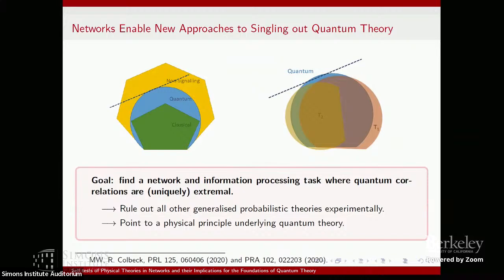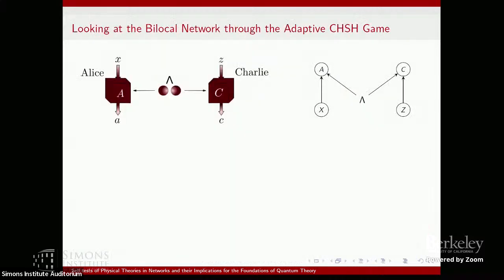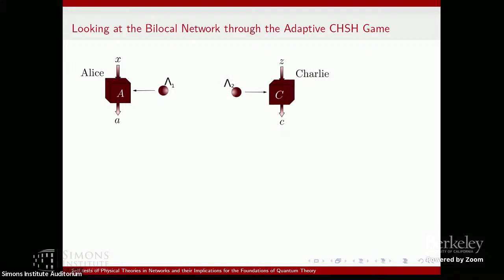Okay, so now how could we go about this? So I said, let's change the network. So let's start from this. I now named Bob Charlie for reasons that will become very clear later. But let's assume Alice and Charlie now play the CHSH game, okay? And we're in this scenario. So now how could I adapt the network to maybe see something interesting? Of course, the easiest way to adapt it is to split the two. But that gets even worse. Now this is no good, because now they have independent sources, and now, for instance, the strategy that I told you before, where they use the lambda to generate their outputs, doesn't work anymore.